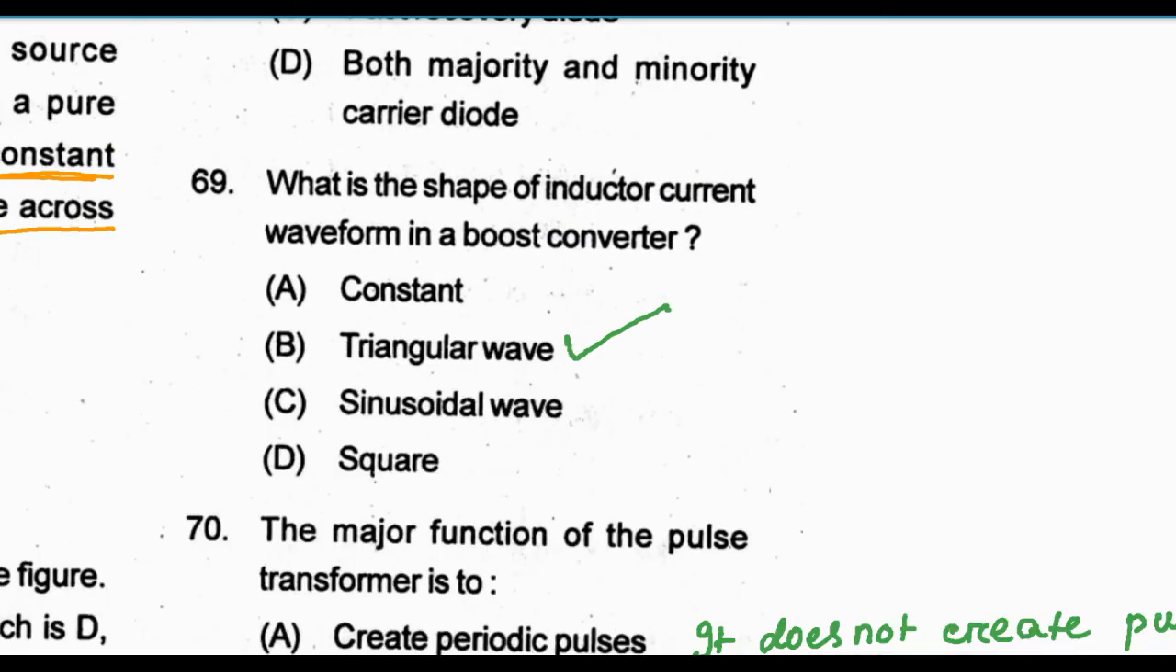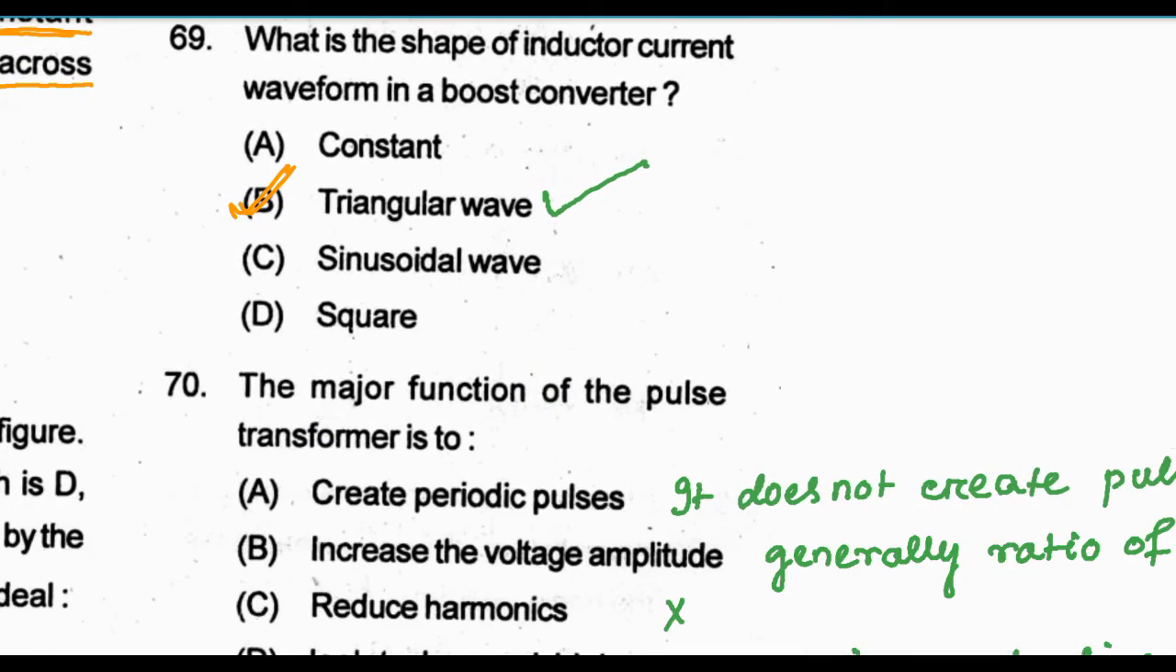What is the shape of inductor current waveform in a boost converter? In a boost converter, the inductor current waveform is the triangular wave, because here we can say that V is equal to L di by dt, current conductor, and here